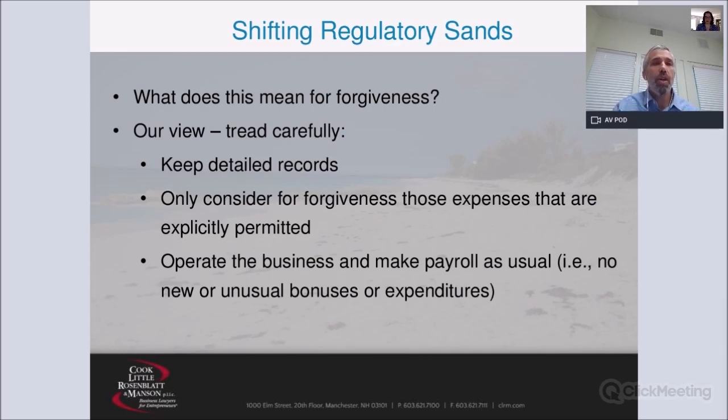So, you generally, I think, want to continue to operate in the way that you normally would. You're obviously not precluded from making those bonus payments. You can certainly make those bonus payments. You can certainly provide people with raises. The question is whether or not those ultimately will be forgivable. My guess is that there will be further guidance around this that will come out in the next couple of weeks, because it has been a pretty common issue that we've been talking about quite a bit at our firm and with other clients, because it's not explicitly detailed in the guidance so far.